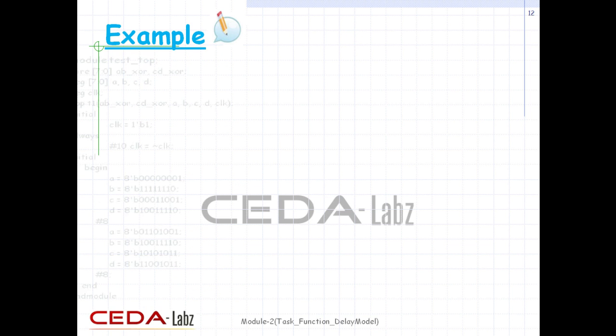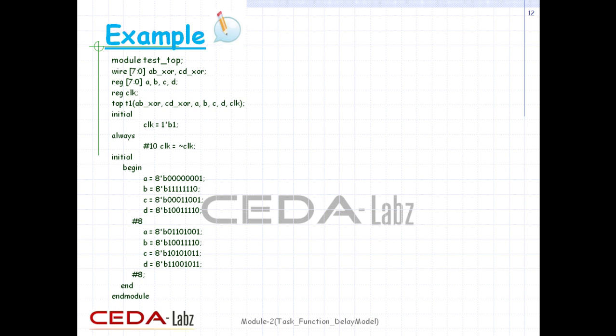And here is the test bench for the design block which was described in the last slide. Module starts with the keyword module, followed by module name. Ports are declared here and design block module is instantiated. Further, clock is initialized here within initial block and generated with a duty cycle within always block, as we used